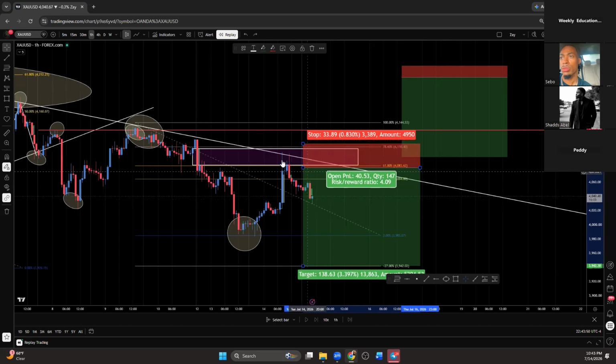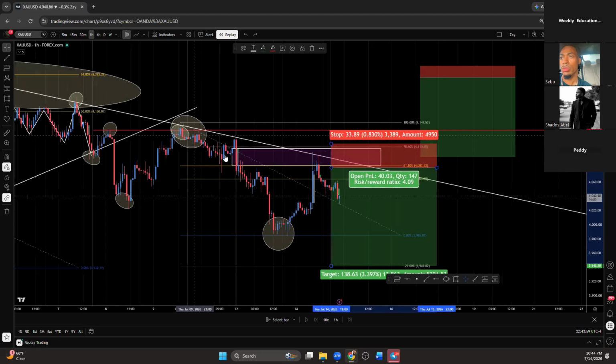Bro said he caught the entire move. He caught the entire move, bro. And I'm pretty sure the move that he caught was literally this right here. Because yeah, this was the move that we actually got in this trade on. This is the move for right now. This is the right now move. But the previous move from Friday, this is it.